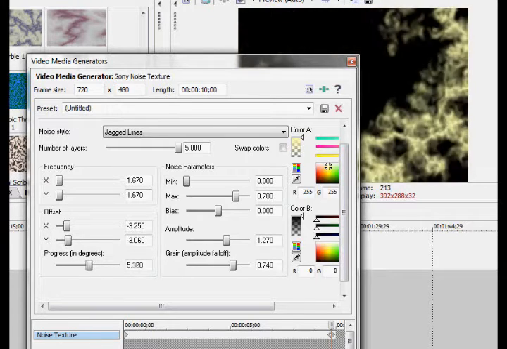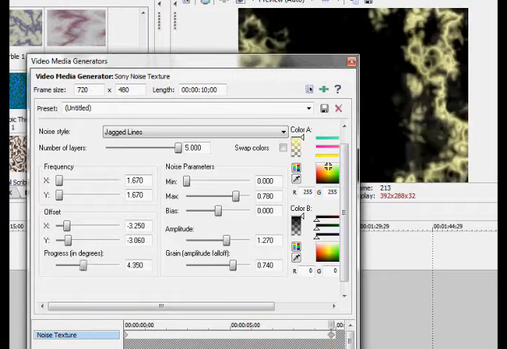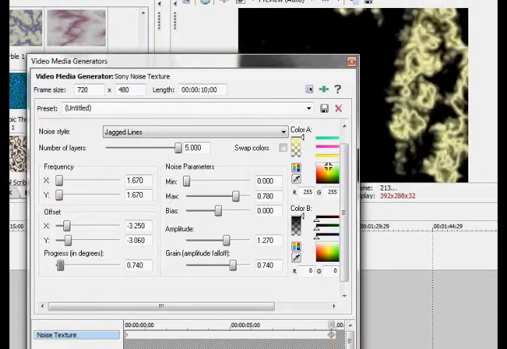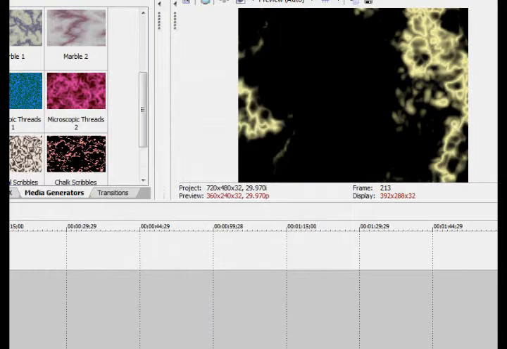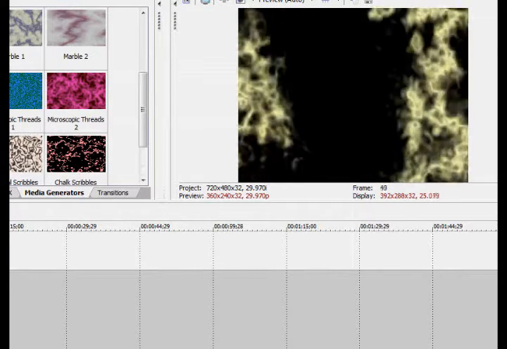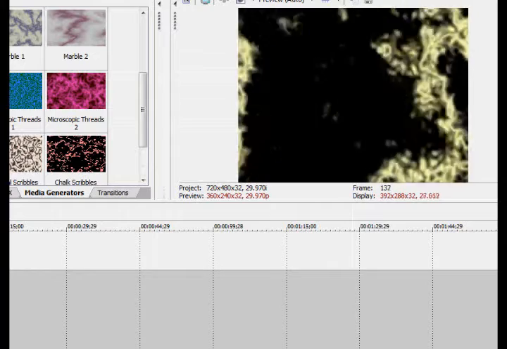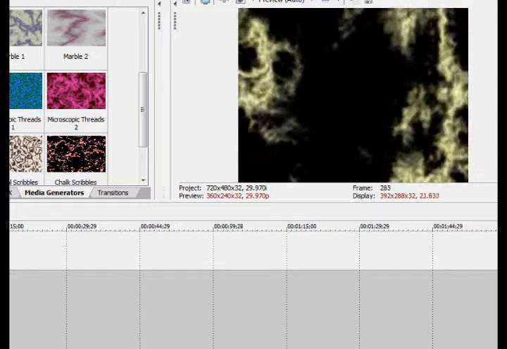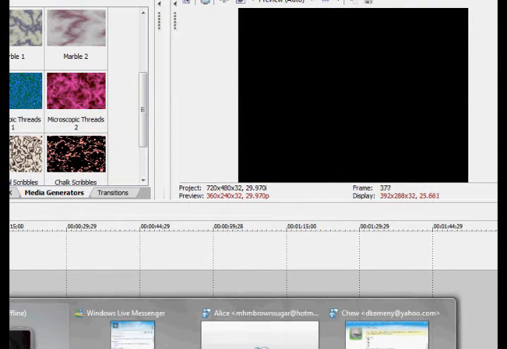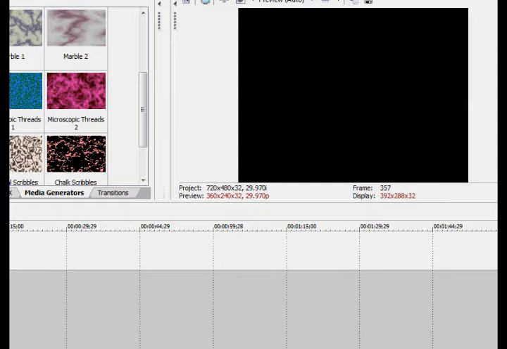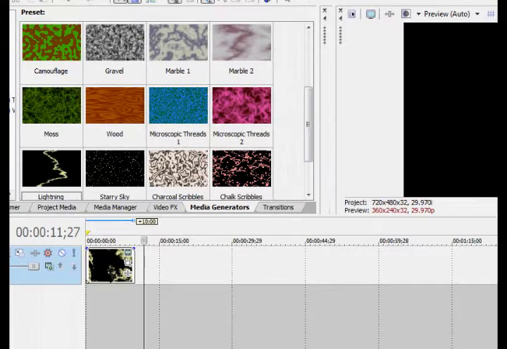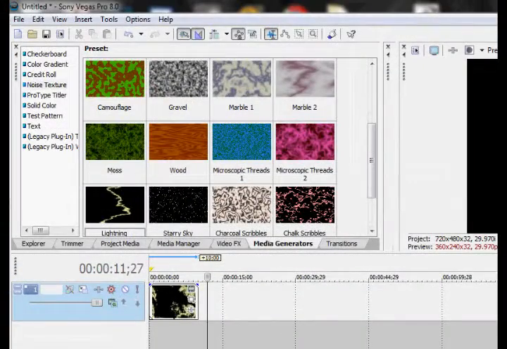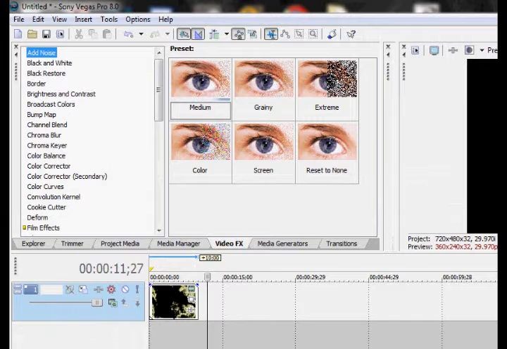So let's just move this over here. About right there or whatever. Let's see how it's gonna turn out right now. See, that's much better. Better than the last. I'll probably be using that. So now the next thing you want to do is go to text,